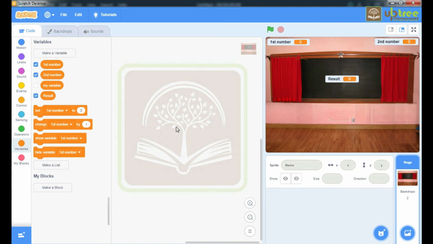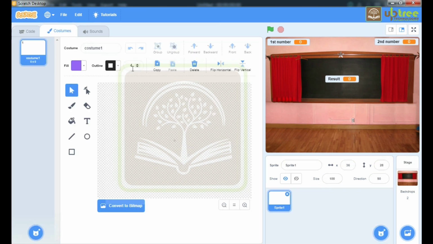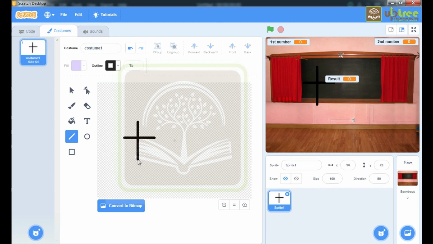Our next task is to create buttons of plus, minus, divide, into on this screen. To draw a sprite or button, we'll simply go to this option, which is paint. I'll make this 15. I will choose this line and create my plus sprite. You can see my plus sprite has been created. Similarly, we'll do it for the minus sprite.